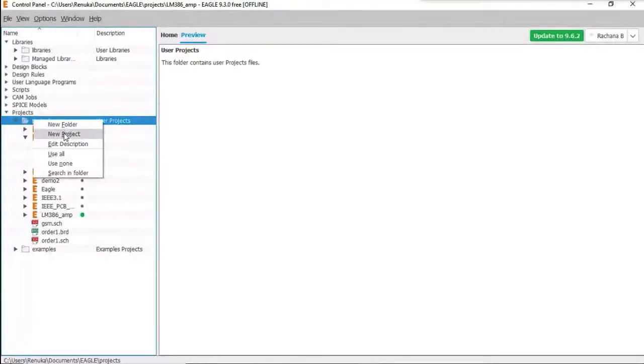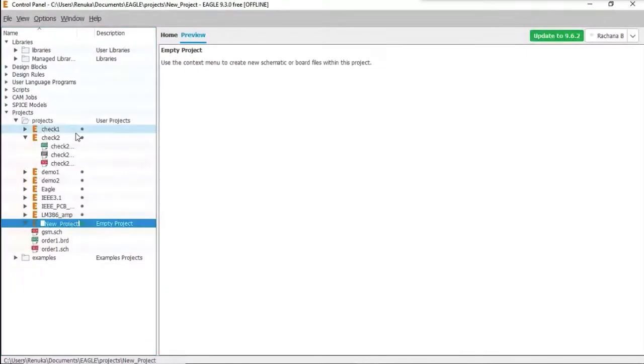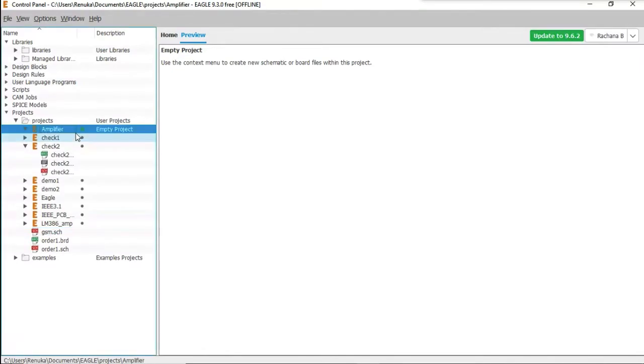Click on that. I'll repeat again. Click on project, choose new project, and give a particular name. Then give the name and press enter.